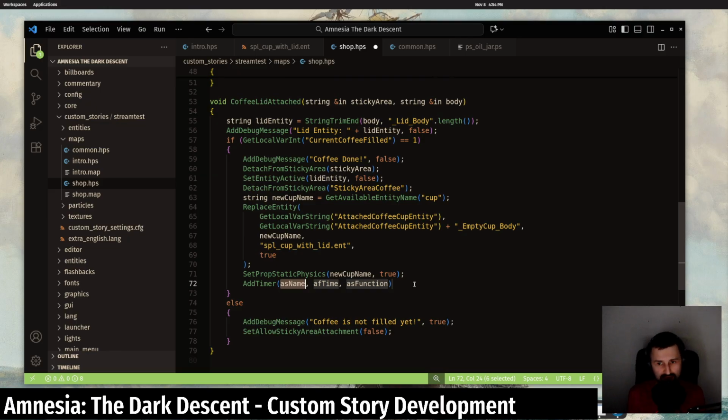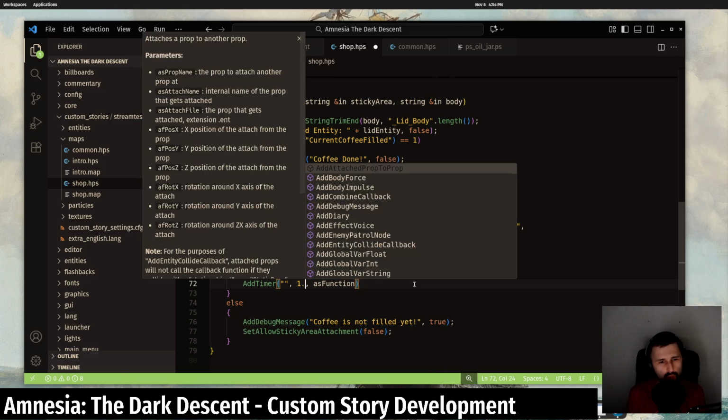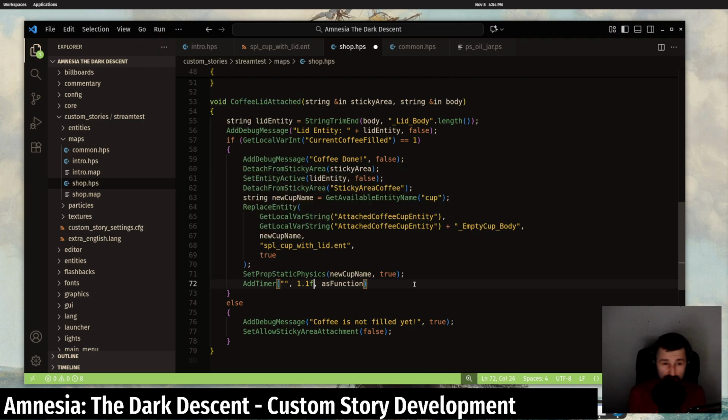I don't remember the API that well, although add timer I probably would remember. We don't need to give it an identifier because this will never get canceled. Let's do 1.1 seconds, since we know that's a pretty safe time, and we're going to do something like spawn